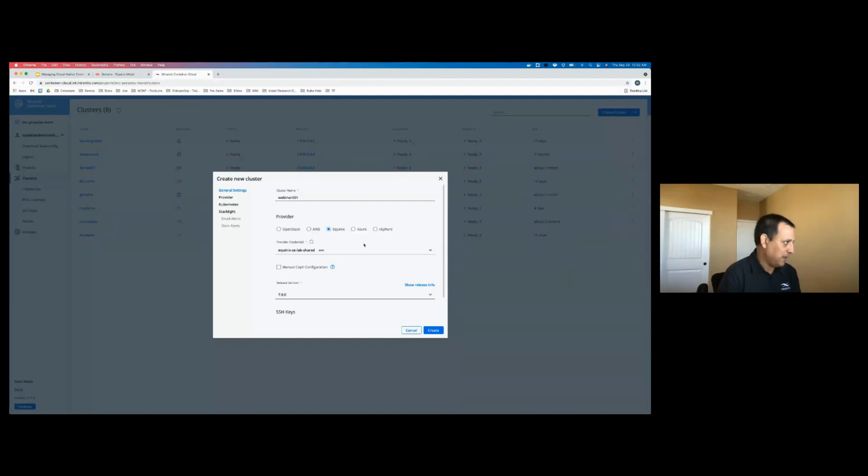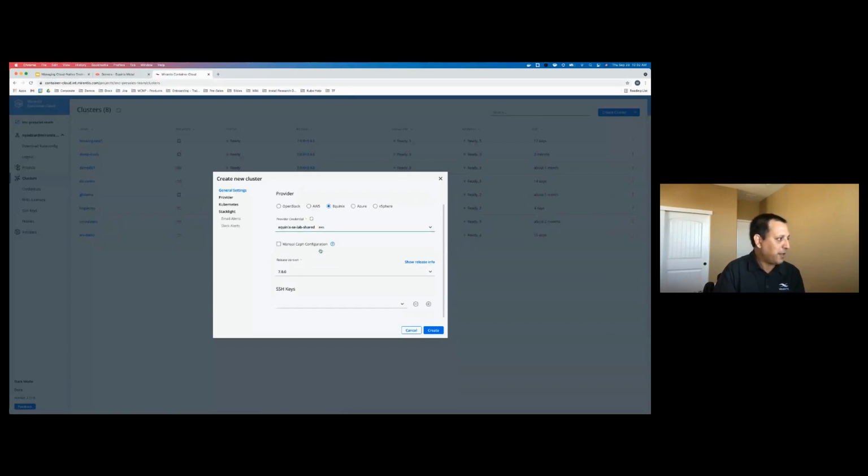metal environment. As soon as I select Equinix metal, it automatically goes and selects any shared credentials that I might have within my project space. Remember earlier I showed you on the credential tab that I have a shared credential for Equinix, so I don't need to add a new credential. I can simply select the existing credentials, and then over here is where I can see which cluster release that